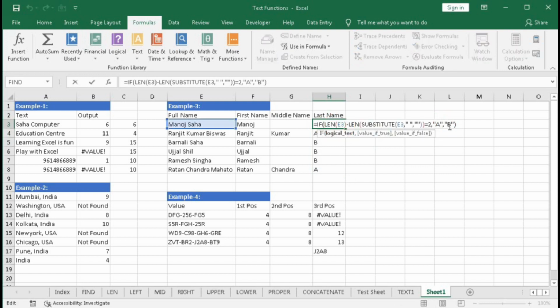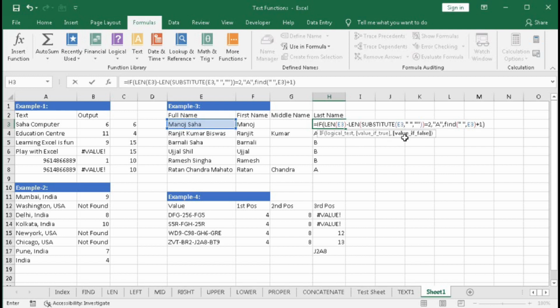So for B, we have to remove the quotation marks, bracket open. So find text will be space, comma, within text this one, that is E3, bracket close, plus 1.